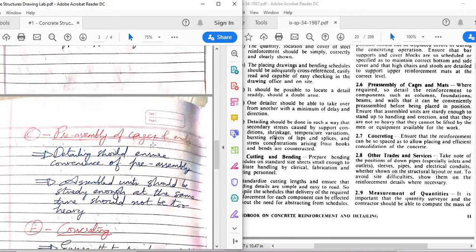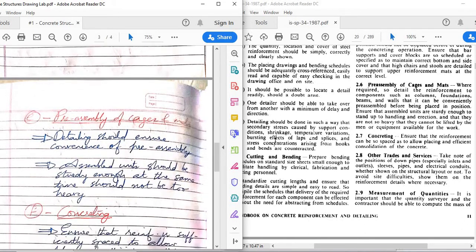Then pre-assembly of cages and mats. Sometimes in certain structures, like foundations, piles and things like that, I'm just giving examples, there are other examples as well, we will create the reinforcement cage outside.